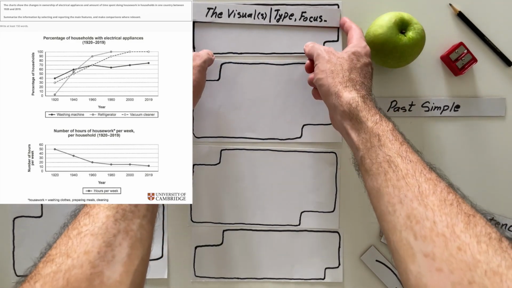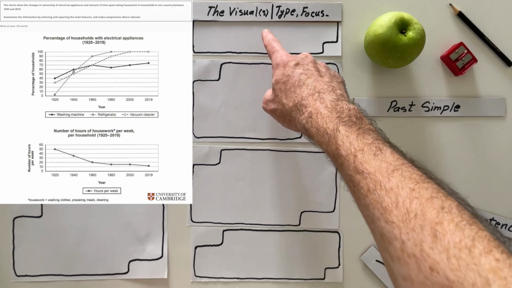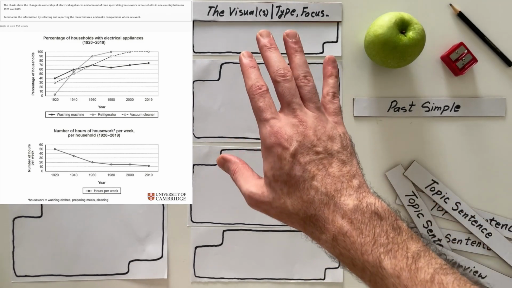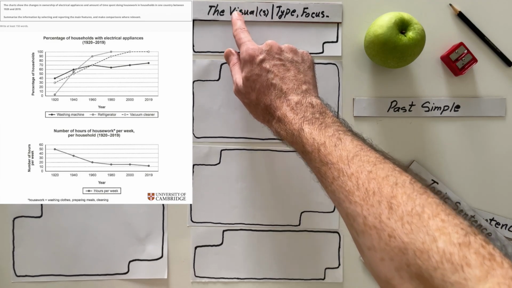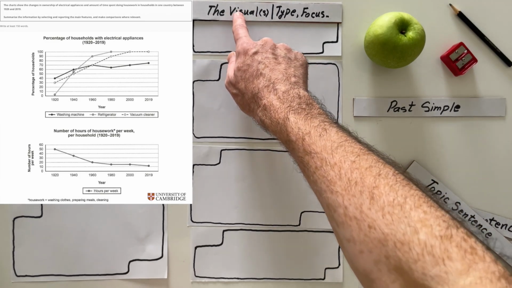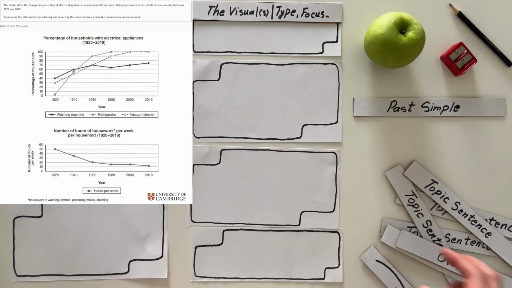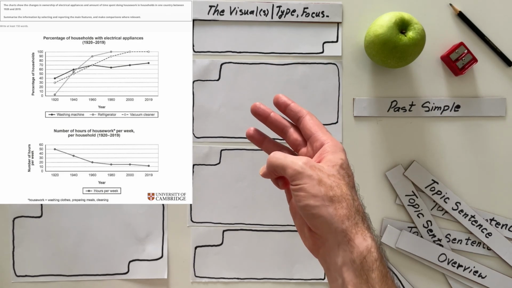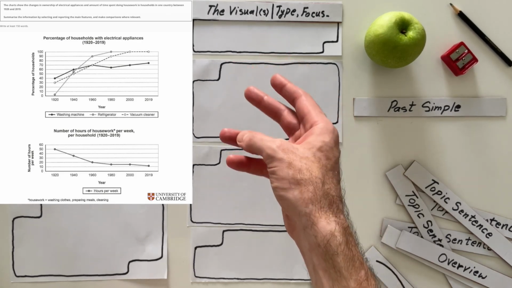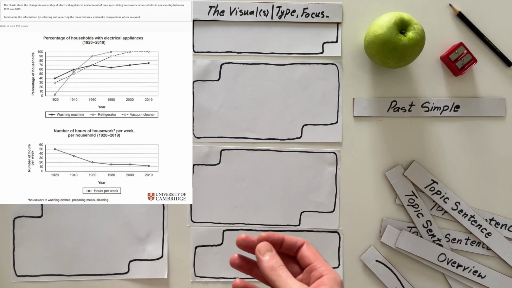The first sentence is going to be the type of visual. And for simplicity, you can double it. You can write two sentences, one sentence about the first visual and the second sentence about the second visual. First visual talks about the percentages of 3 household appliances, namely washing machine, refrigerator, and vacuum cleaner, that were used